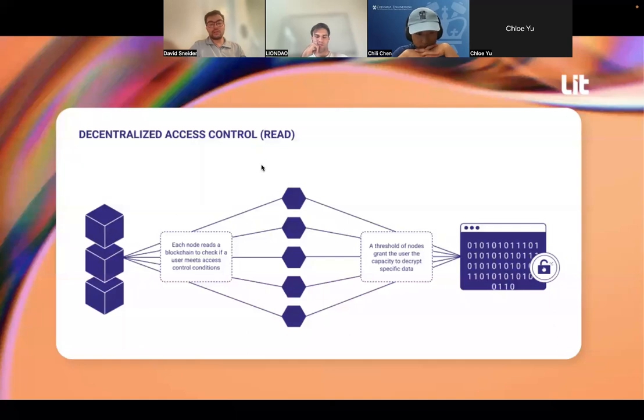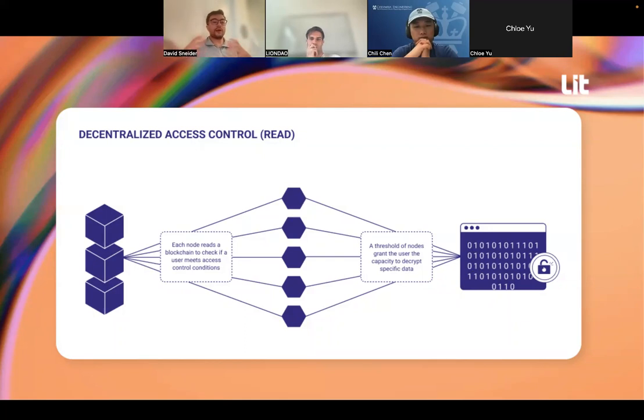He signs a message and sends that to the Lit nodes. Each of the individual nodes does a call down to the blockchain and says, is Bob a member of this DAO? And if so, that node creates a decryption share, which you can think of as an authorization, which gets sent to Bob. And Bob collects those shares in his browser, in the client.